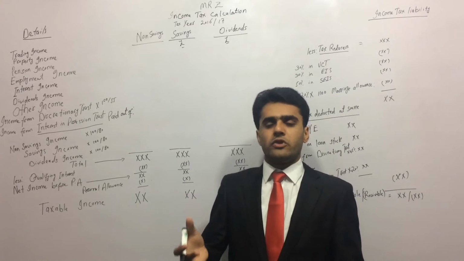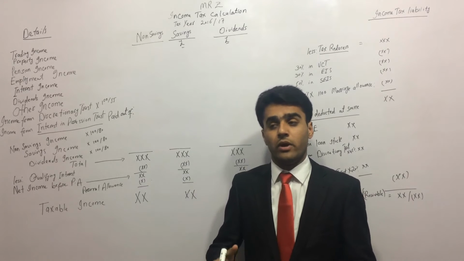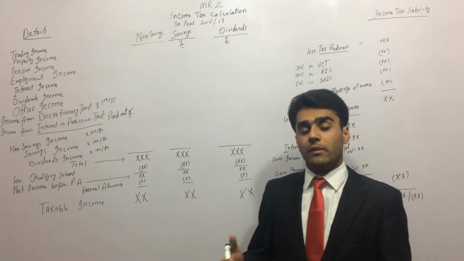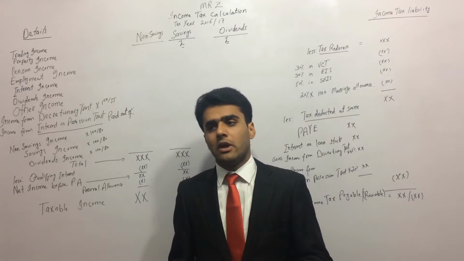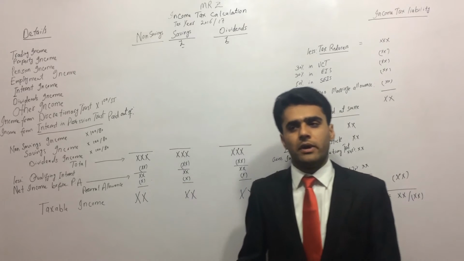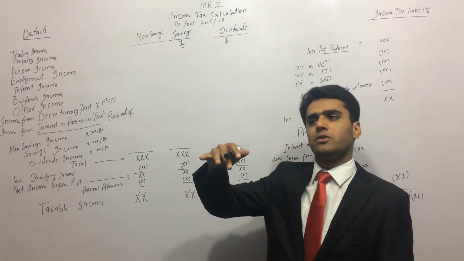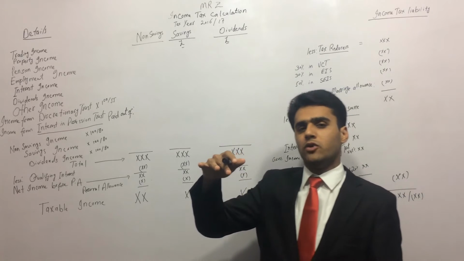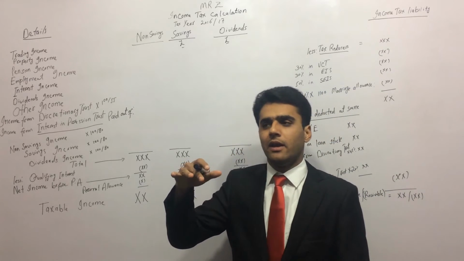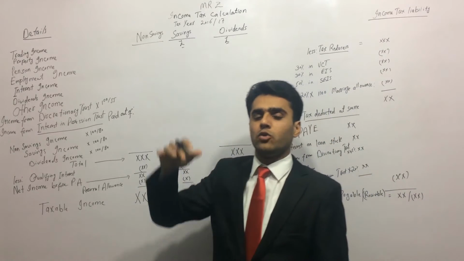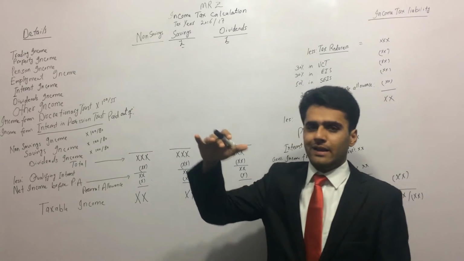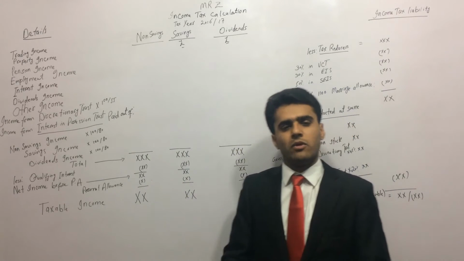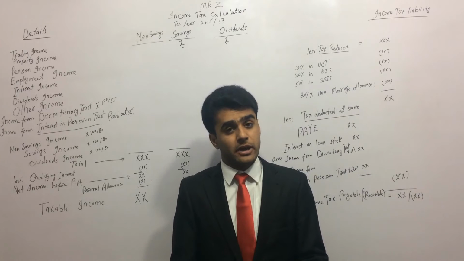Now, if we can prove to HMRC that we are poor, if we are earning less money, then we will be exempt. We do not have to pay any tax. Government has set a threshold. Government has said that this is the amount which is necessary for an individual to survive within the UK. If they are earning more than that, then they should pay the tax. If they are earning less than that, then we should not charge them any tax at all.